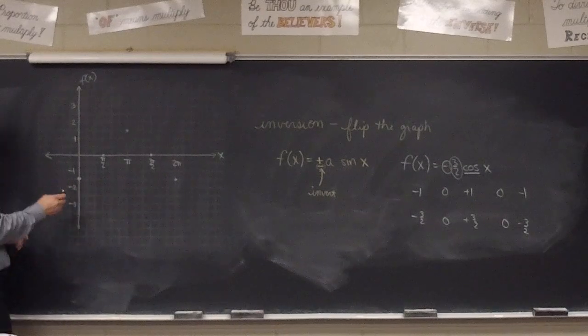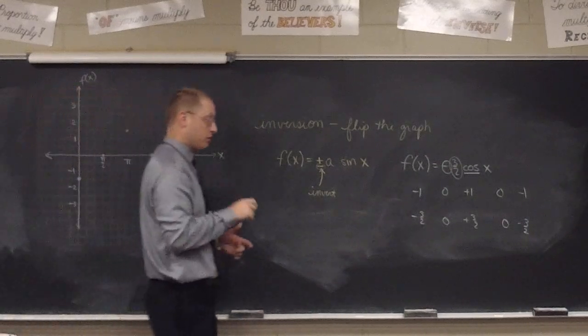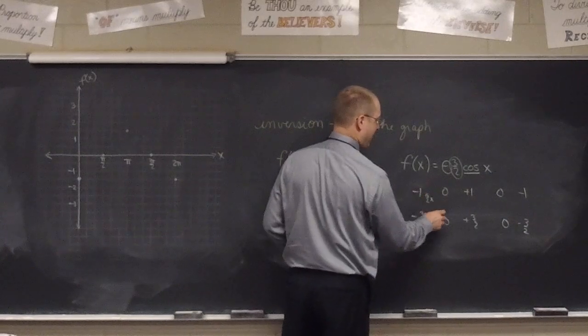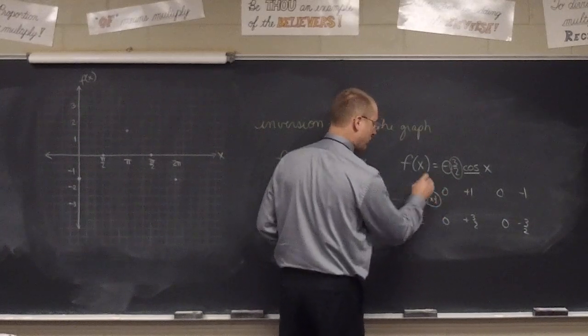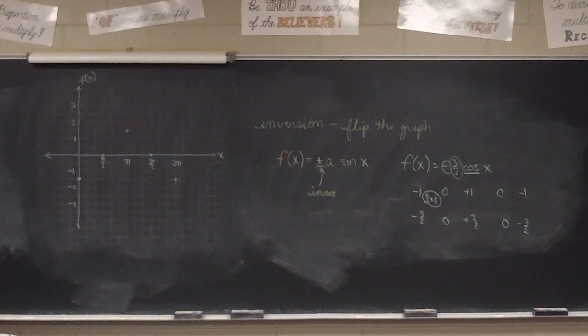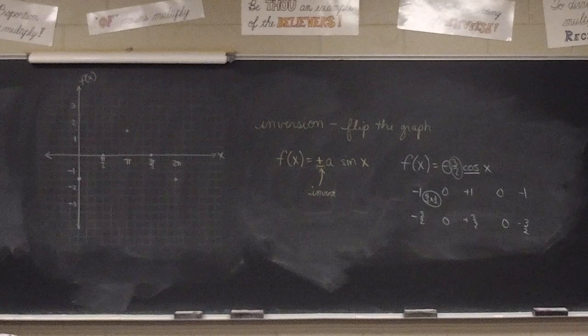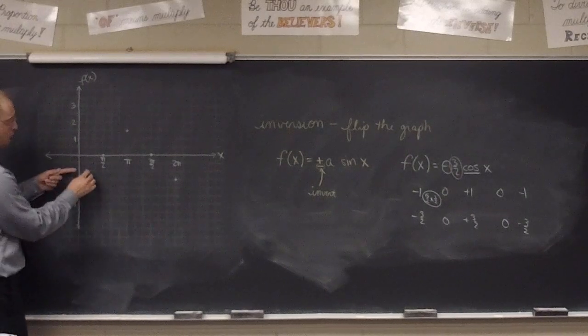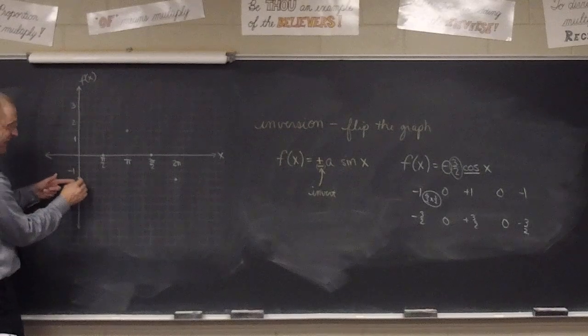Normally, next to what would be 1's, class, we would have the 0.9s, right? We'd have the square root of 3 over 2 here. But we need to multiply that by 3 halves. So what is the square root of 3 over 2 times 3 halves on your calculator? It'd be 3 square root of 3 over 4, whatever that is. 1.29, okay? So that means right here we're going to be at, now here's 1, or -1, here's -1.5, -1.29